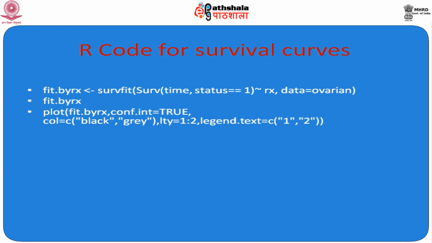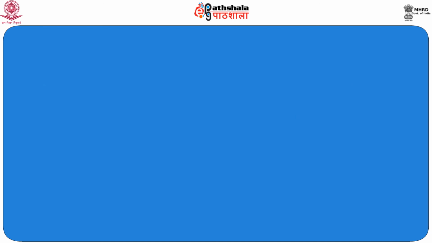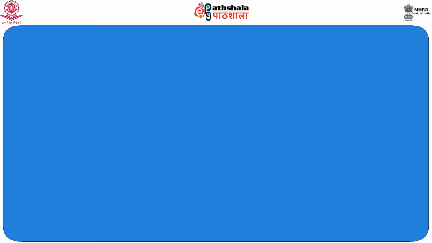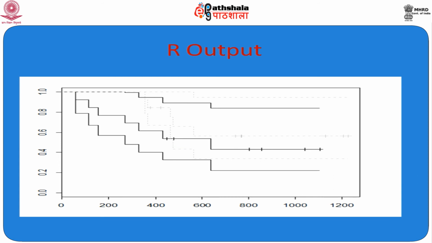Black will be taken for the point estimate curves, and gray will be taken for the confidence interval graphs, and L2T will give us the broader or smaller range of these graphs. The legend will be taken as 1 to 2, that is, from the x axis 1 and y axis 2 it will consider. Now, before going for the plot, we are getting the result that we already discussed here. Now, we are going to the next slide for output curves.